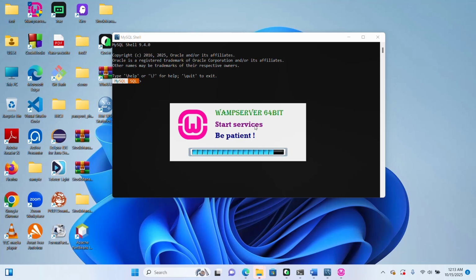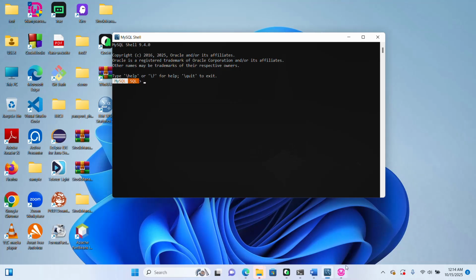You must make sure that whatever engine you're running, its server must be running. Its MySQL must be running, and once it runs, it should be in green. So mine is now fully running, all services are running,